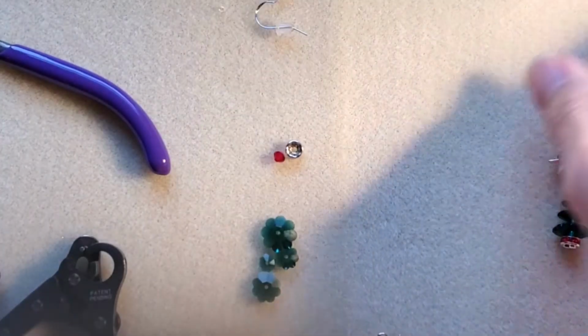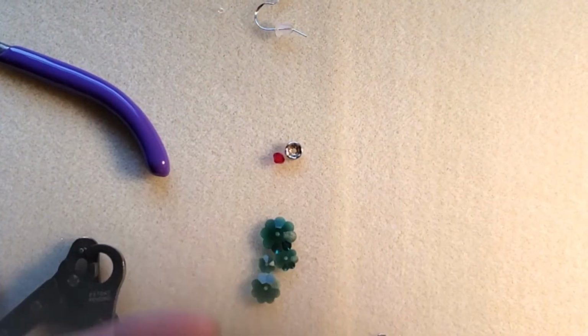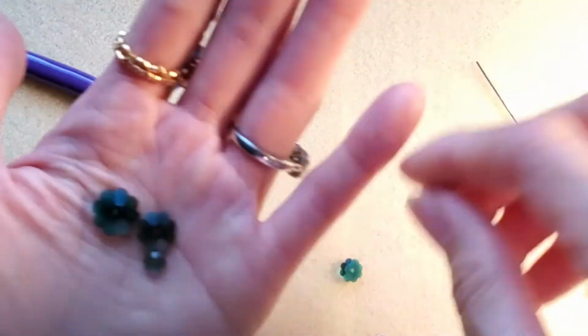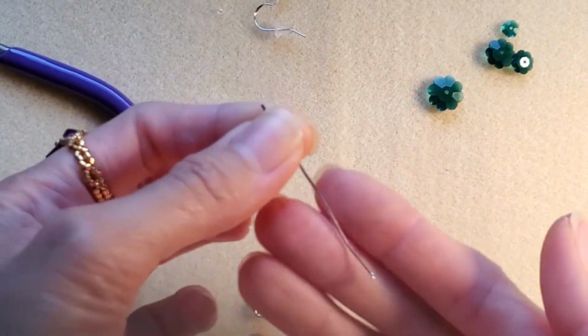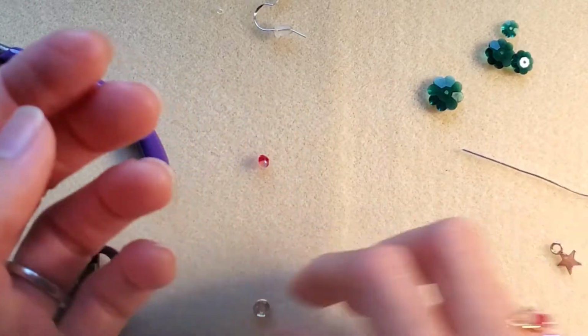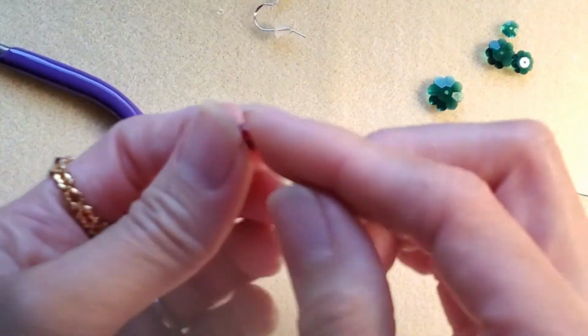Alright, this project, like I said, is very easy to make. So you will need a pen and 4 sizes of margarita Swarovski crystals. I will list the website where you can get these. You will need a flat pen, and then you will need a star for the top. If you don't have one, no worries, you don't really need it. You do need for the bottom, for the base, the